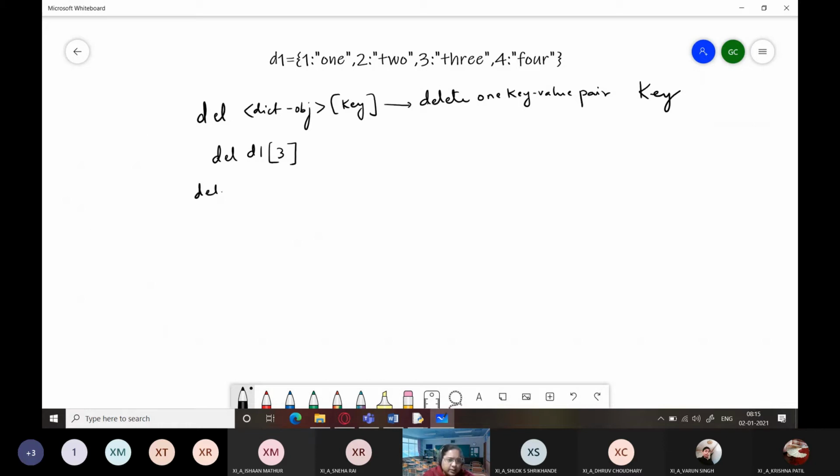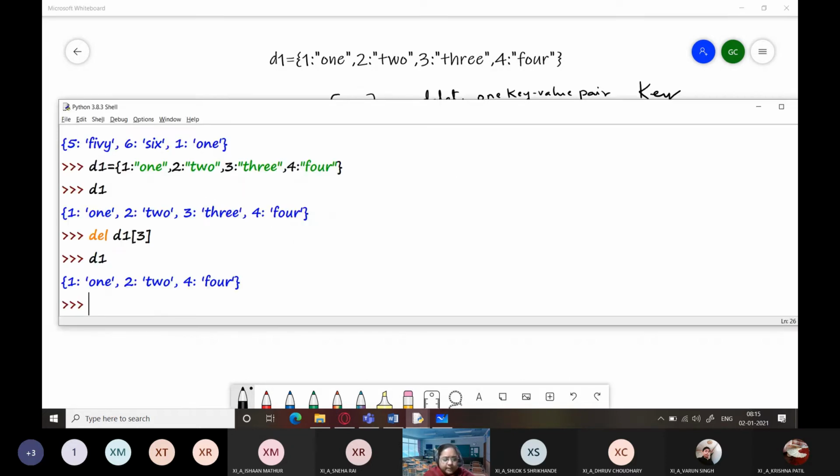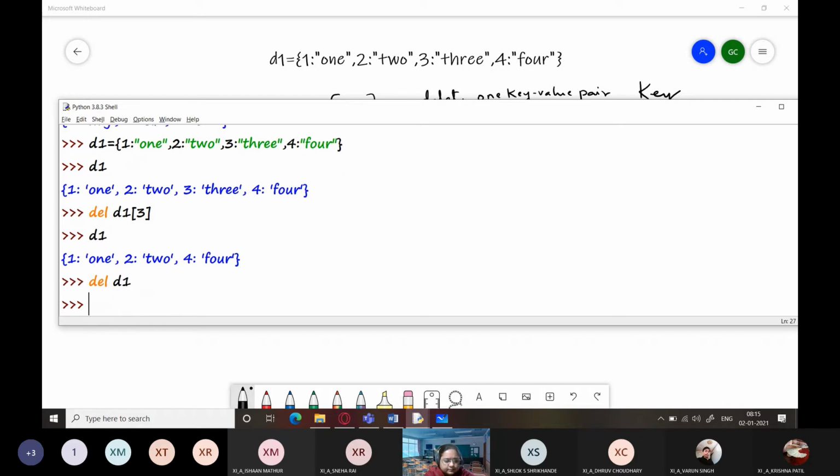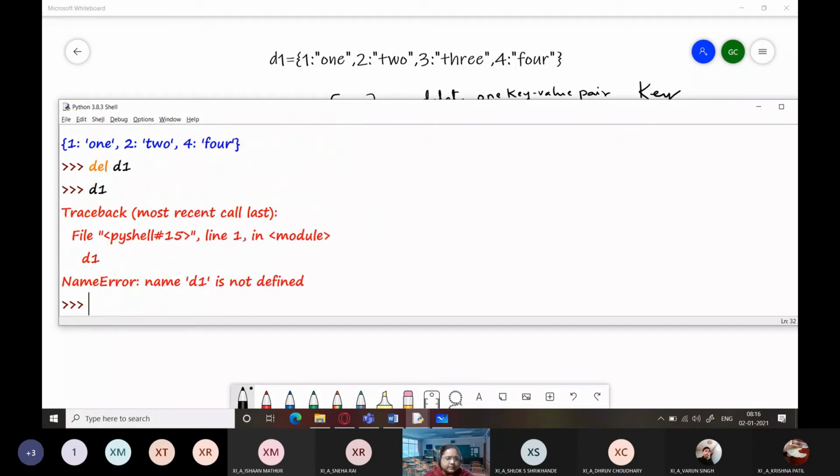And if you want to delete an entire dictionary, what will you do? You will simply write del and the dictionary object, like del d1. This will completely remove the dictionary. Now if you just write d1, it says name d1 is not defined.